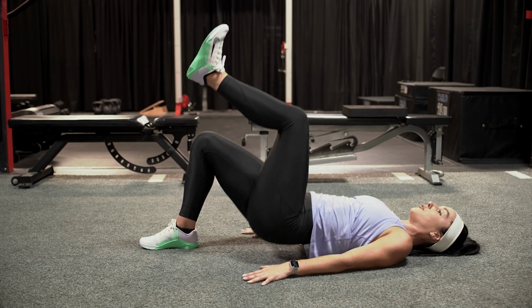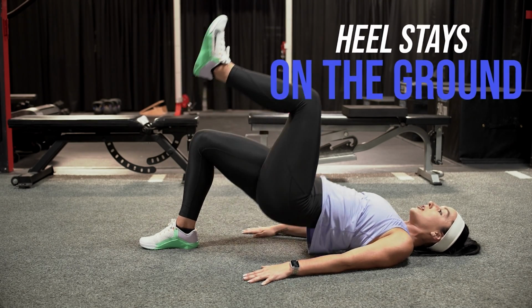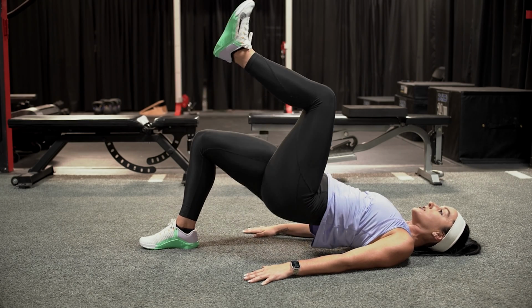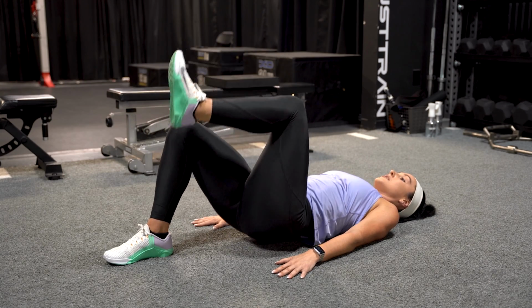An important cue for all of these is to make sure that your heel is not coming off the ground. You wanna think about driving the foot down through the ground the entire time. 5 more, 4, last 3,